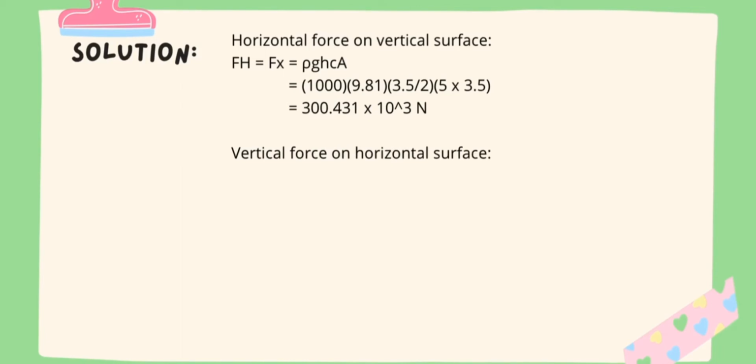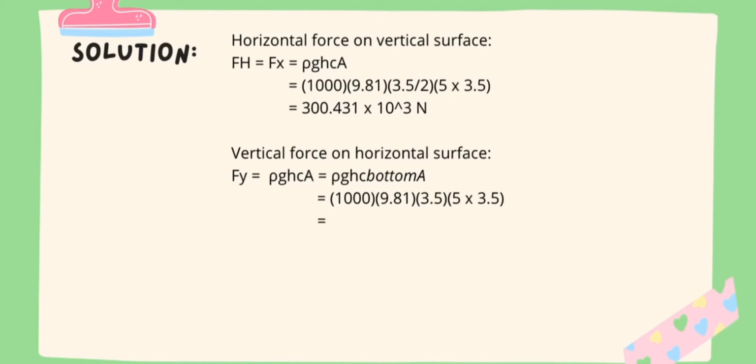Okay, so the next one we need to find is the vertical force on horizontal surface. So that would be Fy equivalent to rho g h bar A, also equivalent to rho g h at the bottom times A. So that would be 1000 times 9.81 times 3.5 times 5 times 3.5. So that would give us 600.862 exponent 3 Newton, or